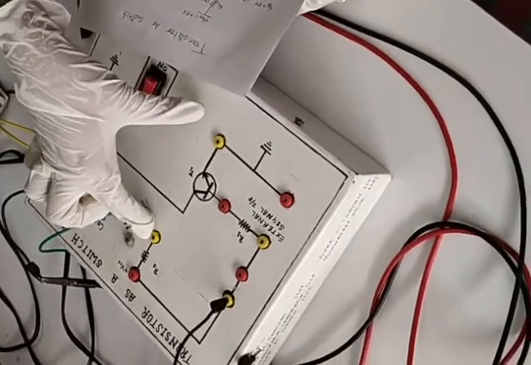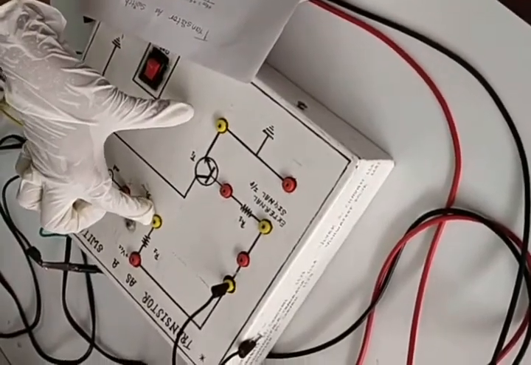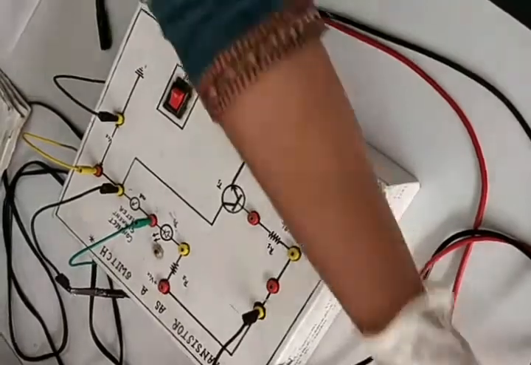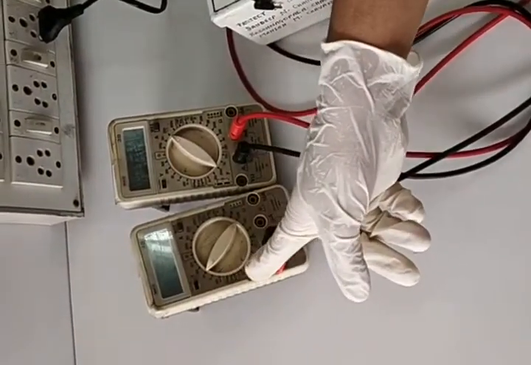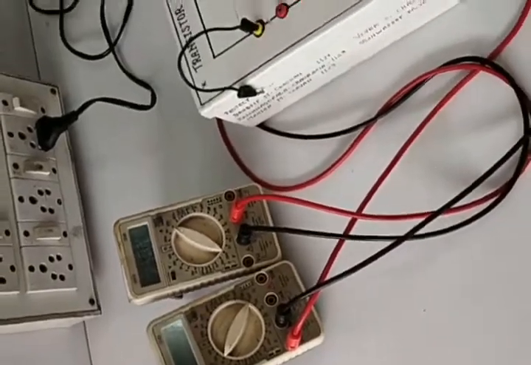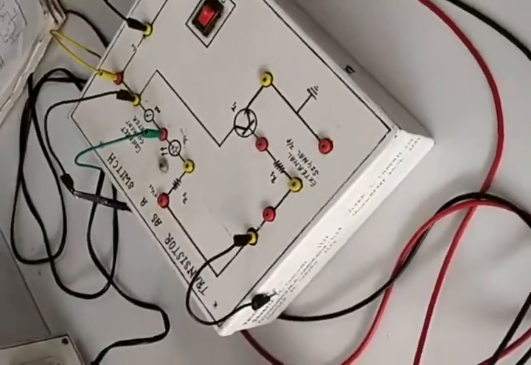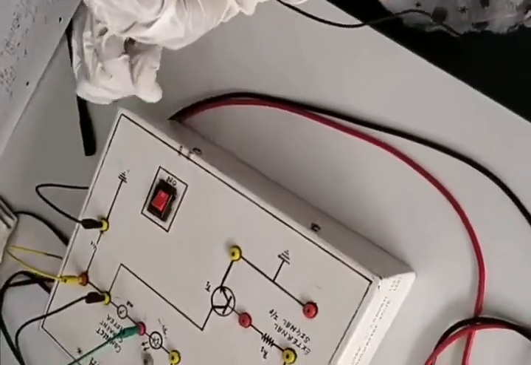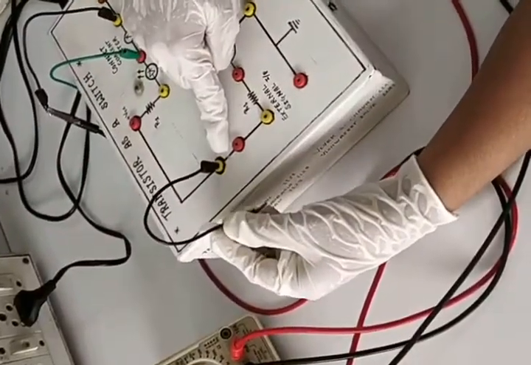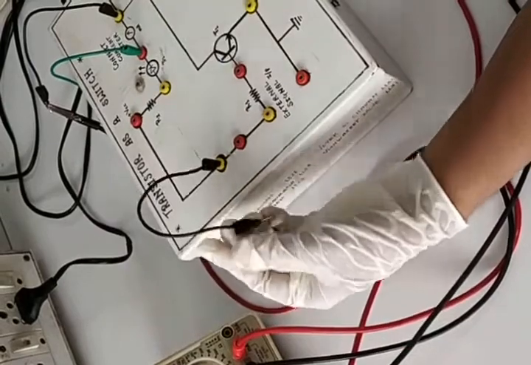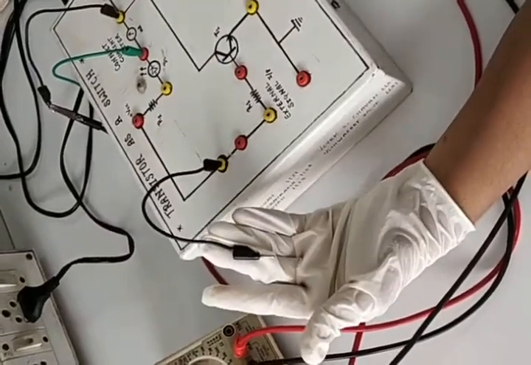Across the collector terminal and across the emitter terminal I am going to measure the voltage. This voltage is nothing but your VCE voltage, which we are going to indicate on the voltmeter. Got it till here? Now initially switch on the power supply, also the switch. You can observe it over here. Here we are not having any internal connection, so what am I going to use? I am going to use these connecting wires.